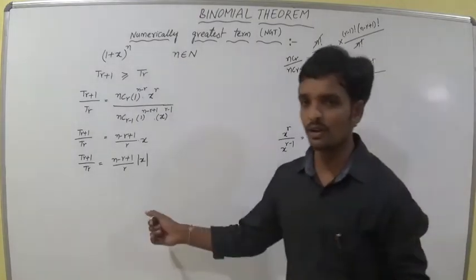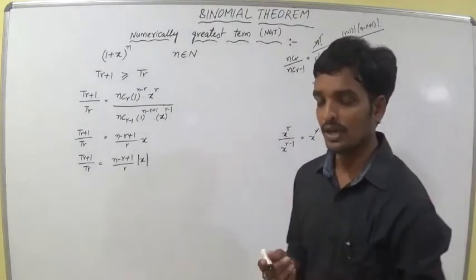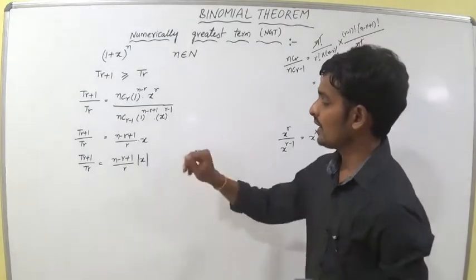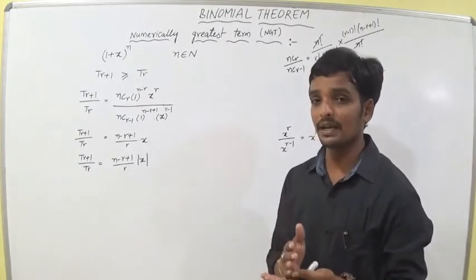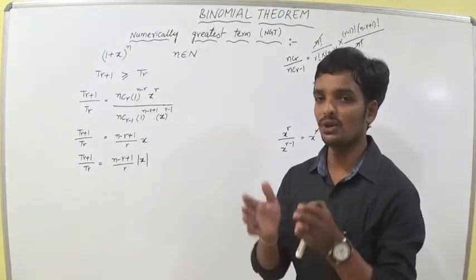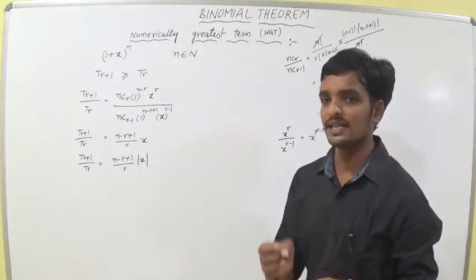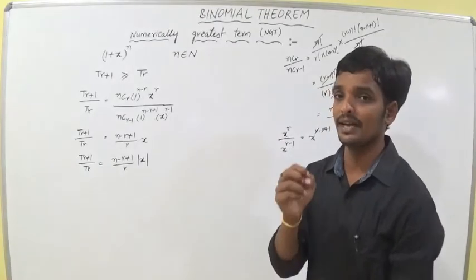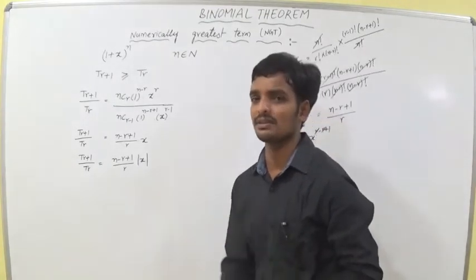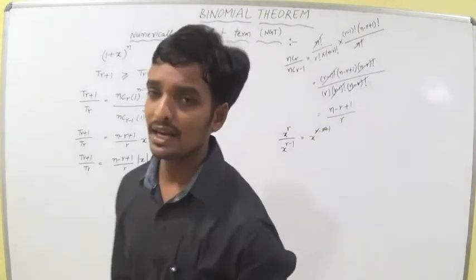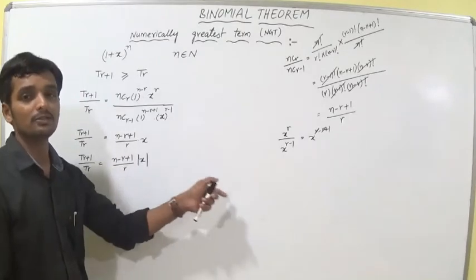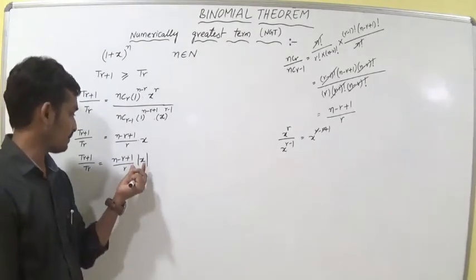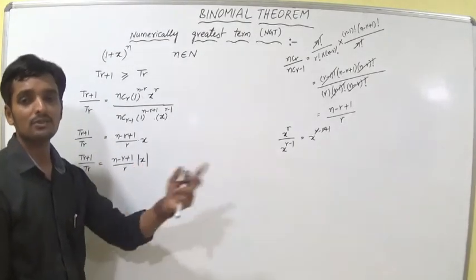I think you know very well about that. I am explaining somehow. For example, if you write the negative form, for example minus 2x, it becomes plus. So the absolute value of a negative is always a real number. A real number means it is a positive number. For example, we are writing minus 2 by 3. If you apply the mod to minus 2 by 3, it becomes plus 2 by 3. If you write minus 2, it becomes plus 2.